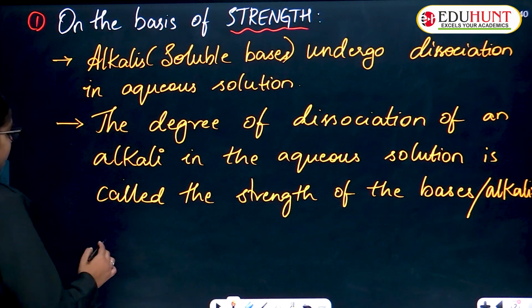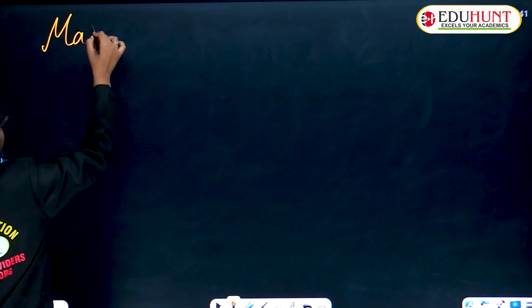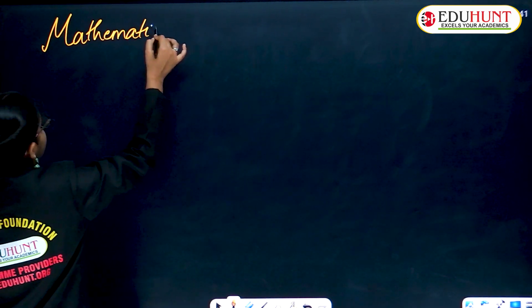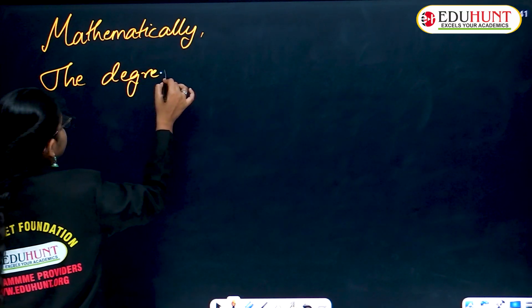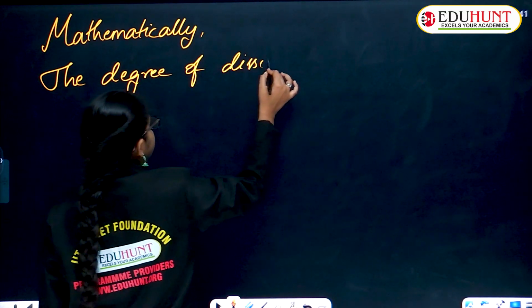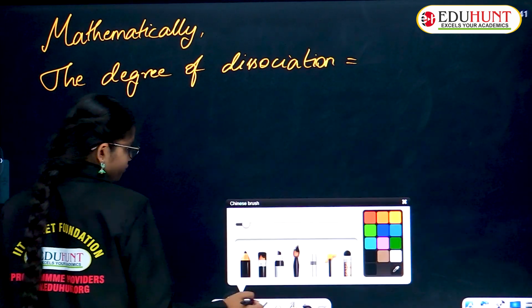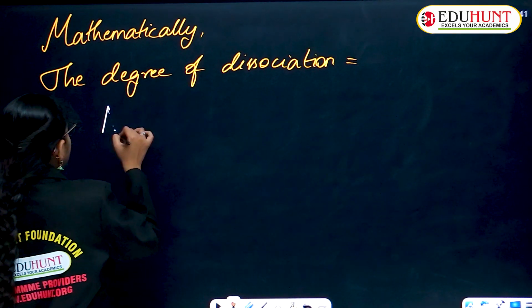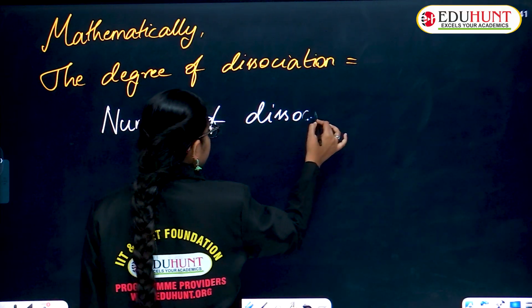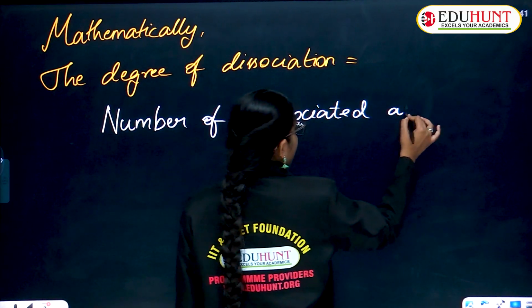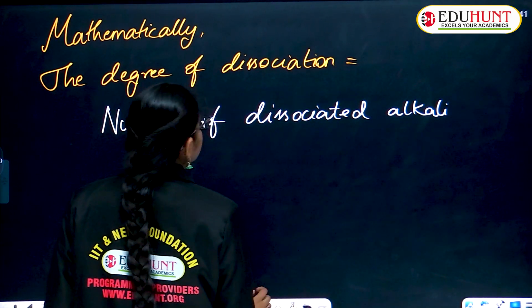Here also, mathematically, the degree of dissociation is given as the formula: number of dissociated alkali molecules